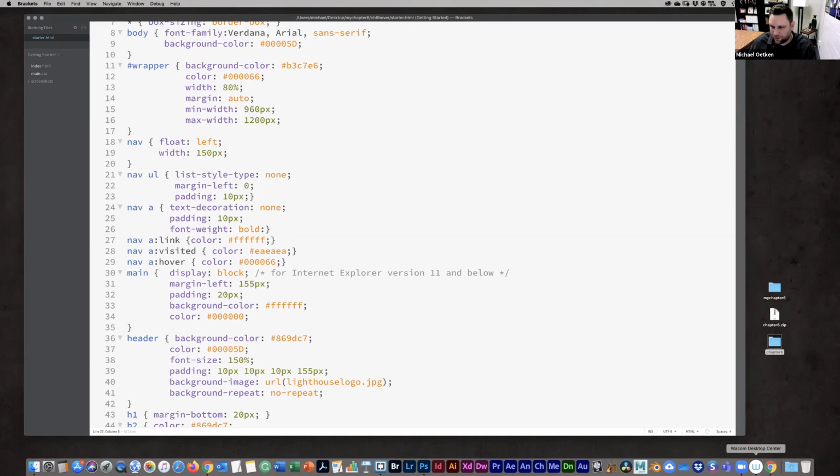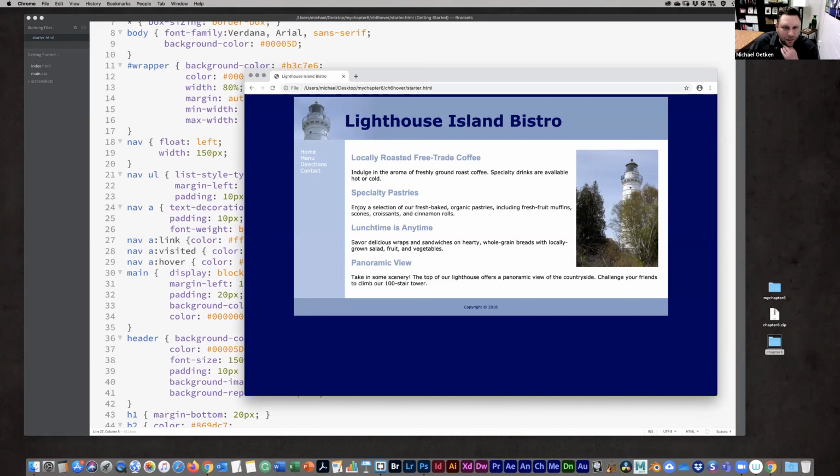Save it and see what we got. All right, so you can see now we got our white links, and then we have this nice hover effect when I roll over those links. This is just a nice UI user experience technique for web design, web development. It lets the user know, gives them a better sense of where they're going to be going. So that's pretty common.